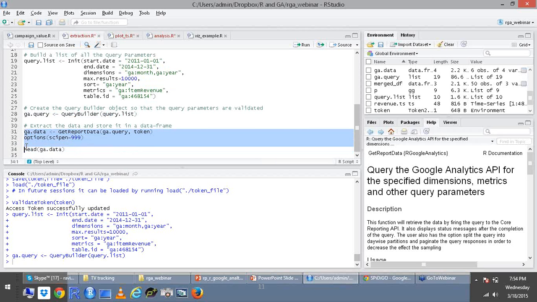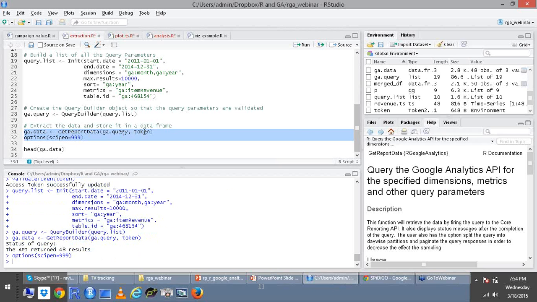So let's run this command of ga.data. This object will have data from this query and use the token that we have provided earlier. Let's hit run, and the console says that the API has returned 48 results.